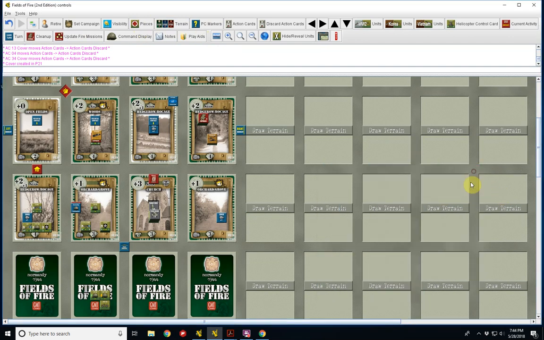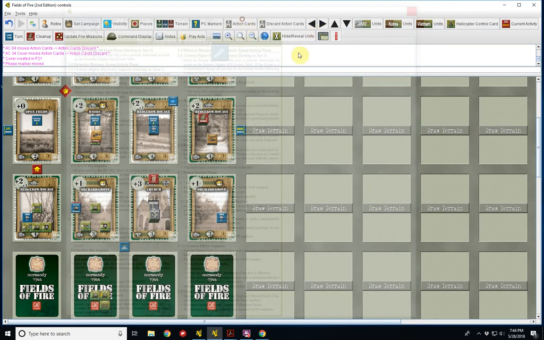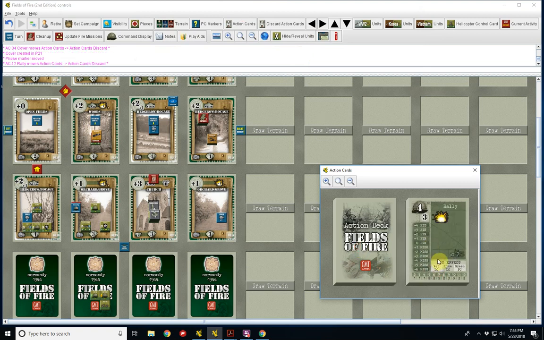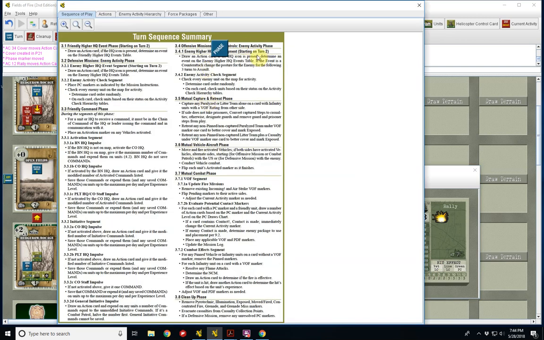Alright, now let's just take a look at where we are here. So we've done the initiative segment, we did our platoon impulses, and we did our general initiative impulse. So we are now at the enemy higher HQ phase. So let's draw for that. 1 action card, looking for an HQ event, no HQ event. So now we're on the enemy action phase,